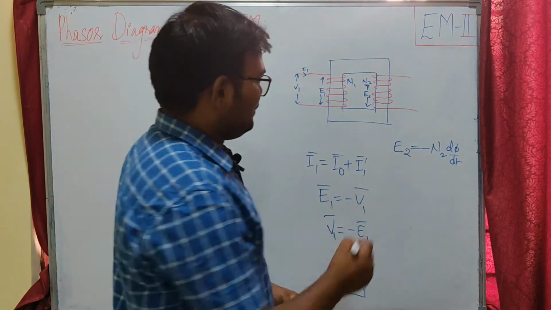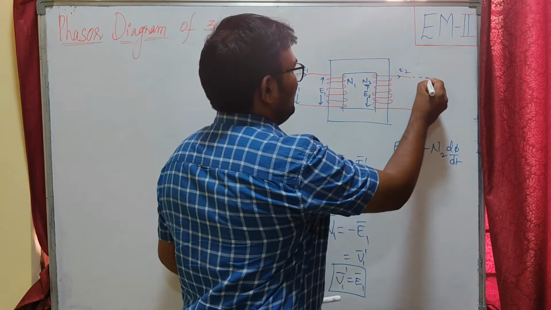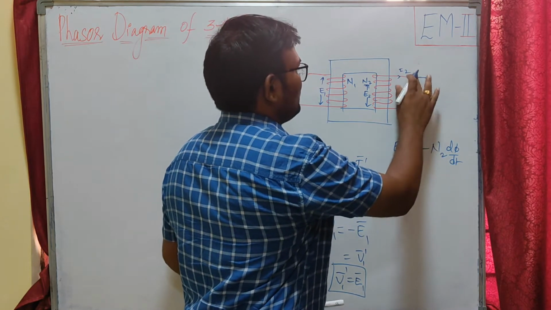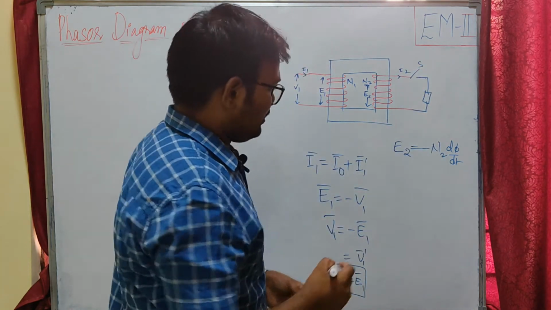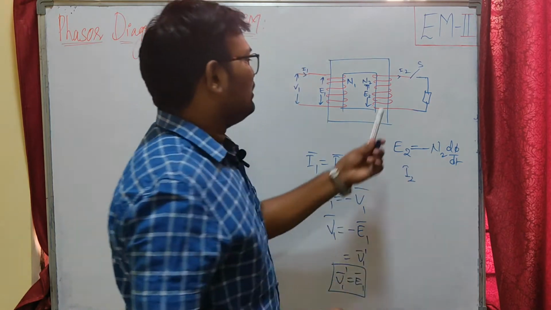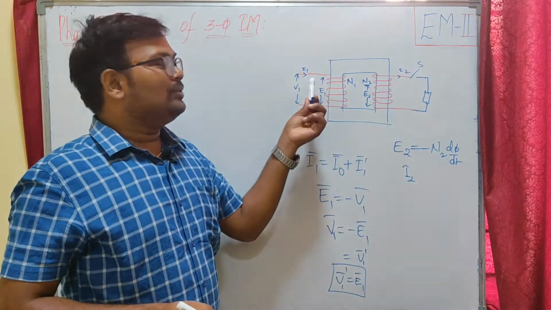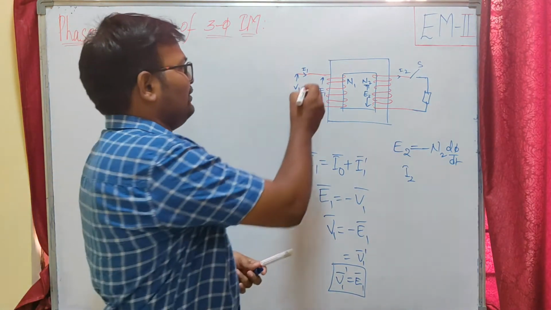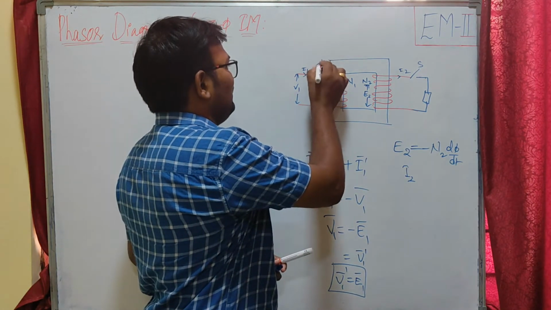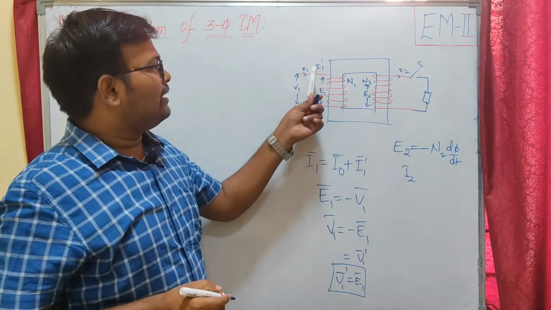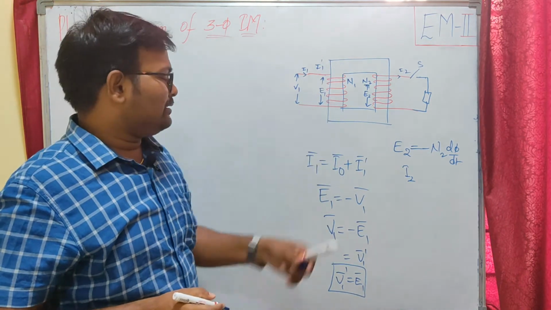Okay, and you will get secondary current if the load is connected. Whenever our load demands secondary current, I2, this will automatically induce our load component of primary current, which is I1 dash. Whenever the load is connected, our primary will supply the load component of current automatically. Okay, that is the concept.